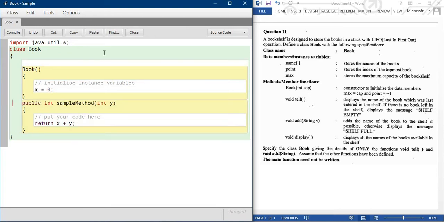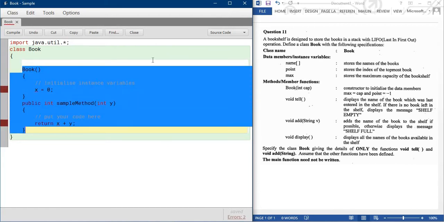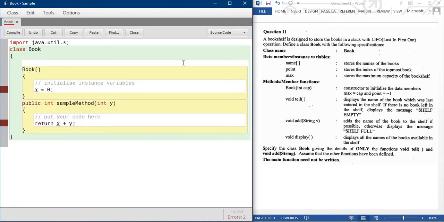Now you can see the variables. I will explain. In this question paper a few variables are present: one is name, one is point, and another one is max. Name stores the names of the books, so a String is required.